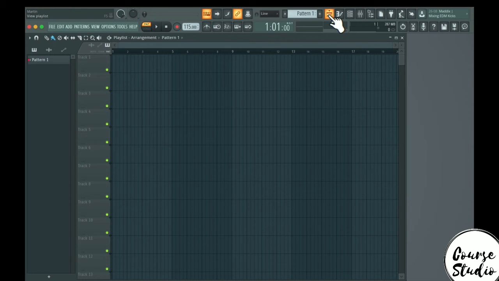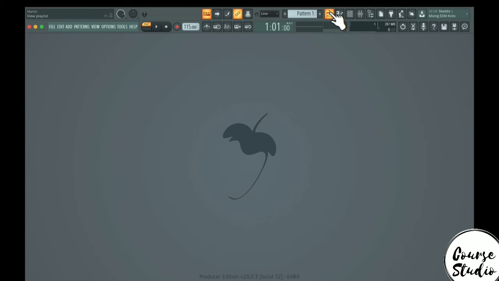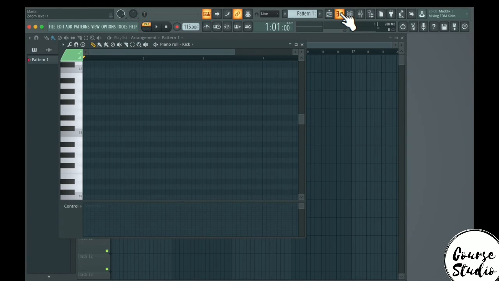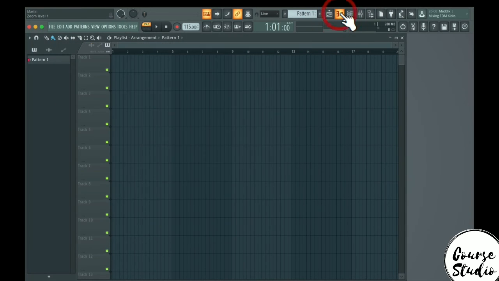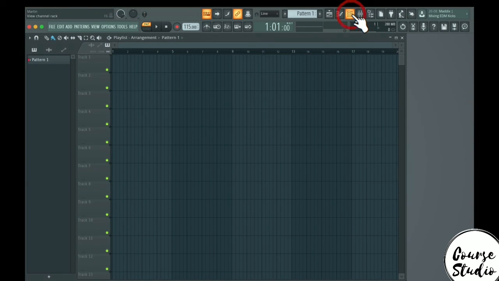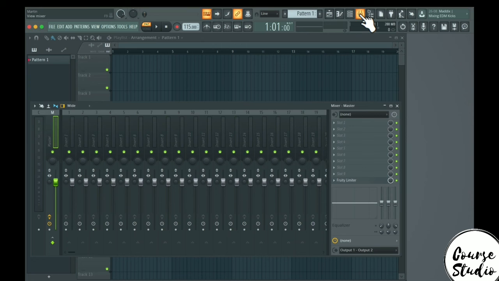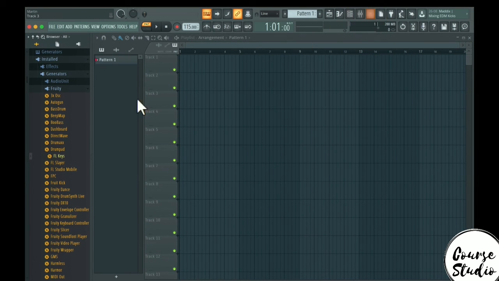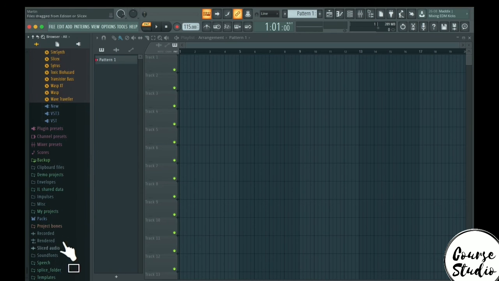Now let's take a look at all of these buttons here. So the first one is the view playlist. This is the playlist which is going to have an arrangement in it. You can also enable or disable it by just clicking and clicking it again. Then you have next one, piano roll. So you enable and disable the piano roll here. Then you have the channel rack. Just enable and disable it. Mixer, like that. Browser and plugin picker. So you have all of your sound